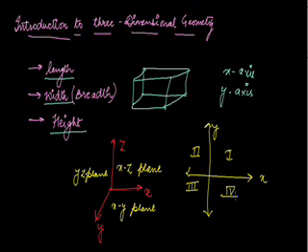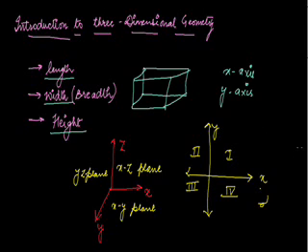If you are sitting in a room and you want to locate the tip of your fan, the tip of your fan is something which contains all three dimensions. That is, it contains some length, some breadth, and some height. So that particular point contains three dimensions: x dimension, y dimension and z dimension.